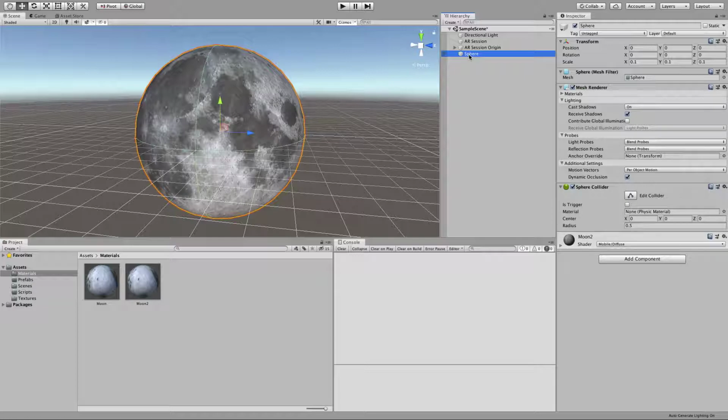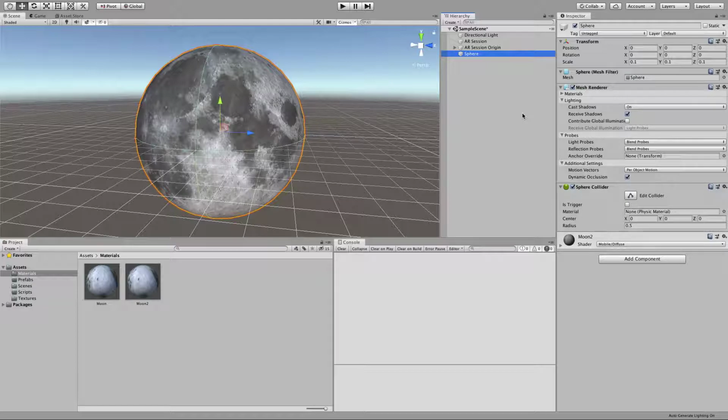Okay? All right. So you can have more than one moon because we don't know how many moons the person wants. What if they want a moon here and a moon there and a moon there? We can't start with 100 moons and just start turning them on, right? We want to instantiate a new one. So we've got to have this as a prefab. To create this as a prefab, the first thing we want to do is have a correct registration position, which